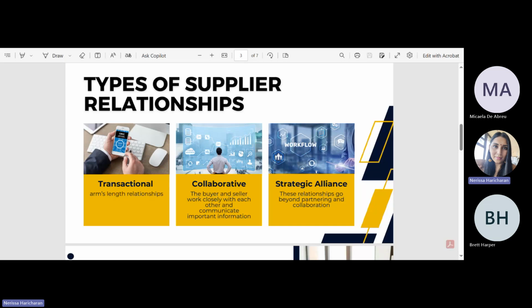Okay. Then we go on to something called a collaborative relationship. A collaborative relationship is where your buyer and your seller work really close with each other, and they communicate a lot of different information about the businesses. So whether it is on a monthly basis, they're having different KPI reports or SLA meetings where they are speaking about how the buyer's business is doing, how the seller's business is doing, and how they're contributing to helping each other's business. So these are the meetings you would be having. They have a very good understanding between both parties.